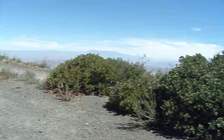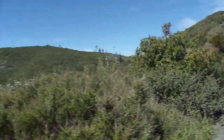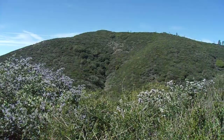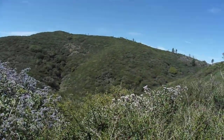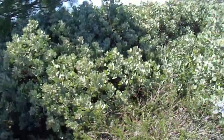But as you see, they add a very beautiful color to the chaparral. In fact, I can see a lot of Ceanothus oliganthus on the hillside. I could see little spots of light blue color on the hillside. That's more of this blooming. So you can see this plant from a long distance away and know that you're looking at either Ceanothus tomentosus, Ceanothus oliganthus,